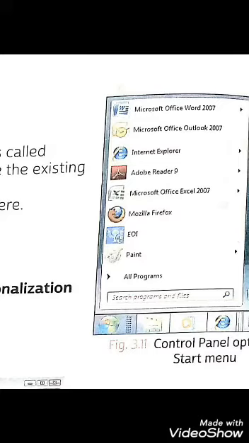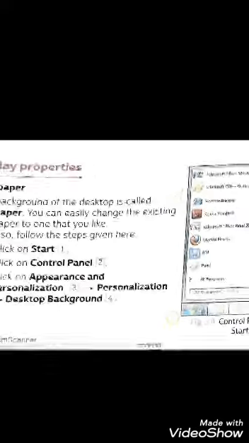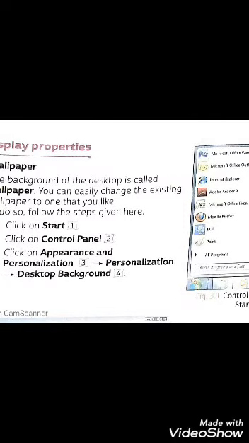So you have to click on that icon appearance and personalization, then you click on personalization, then after that you click on desktop background, okay? Once you click on desktop background, what will happen? Pictures of wallpapers will be shown to you.